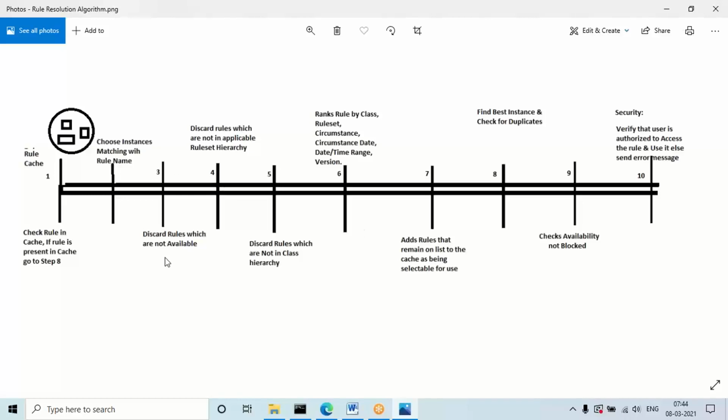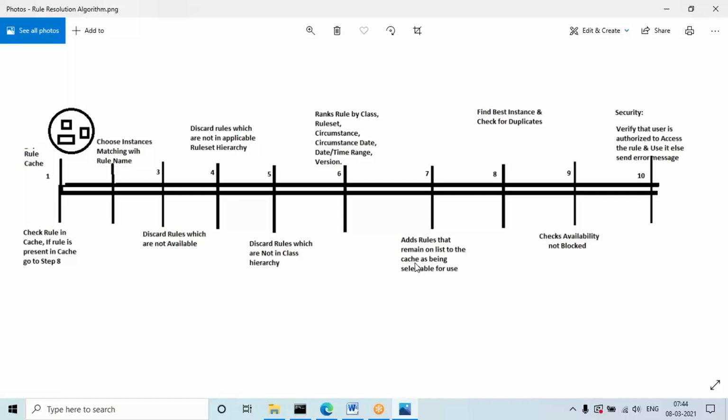Or make one document, give a note and prepare. This is step number 1, step number 2, step 3, step 4, and all the things are there in the image, but again if you want to note it separately, you can make a note. Or in the interview question document which I'm going to share, all these points will be there again. If you don't want to make a note, in the coming classes I'll be sharing an interview questions document. In that also all these points will be there, in detail.